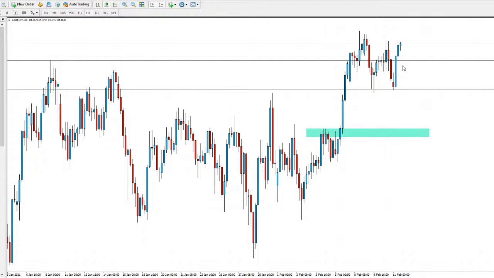But for now, price is looking quite bullish and looks like it's coming back to test the resistance up there. So again, just see if it holds or not. If it doesn't hold, price will just continue in its bullish trend and we'll see more continuation to the upside. If it does hold, potential for a triple top maybe, and could see a reversal back down. But for now, price is looking quite bullish there for AUD/JPY.